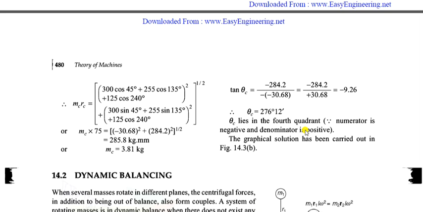So you are getting 276.17. So this minus and plus is suggesting that theta C, the counter mass, lies in the fourth quadrant, because the numerator is negative and the denominator is positive, meaning y is negative, x is positive. So x positive, y negative will be in the fourth quadrant. Like this we can calculate the angle. Practice some